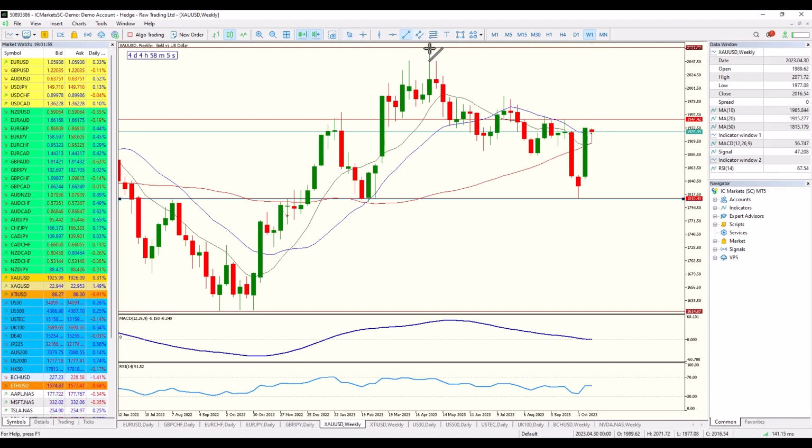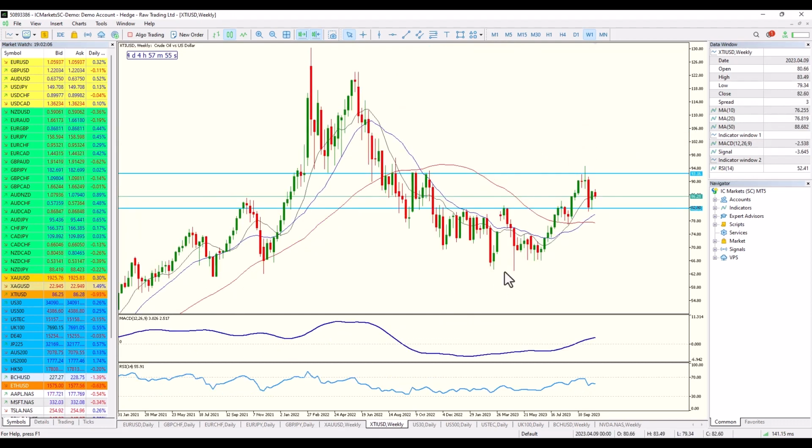One of the things I like to do is just mark the downward slope here of the previous highs. You can see that once we start to cross above that, the angle of momentum is starting to shift, and price is starting to test new highs. So that is looking very good.